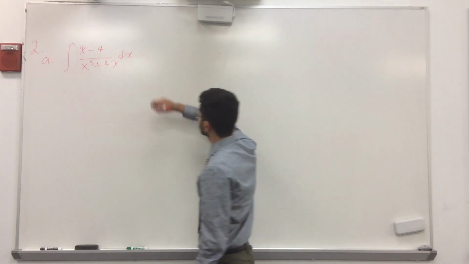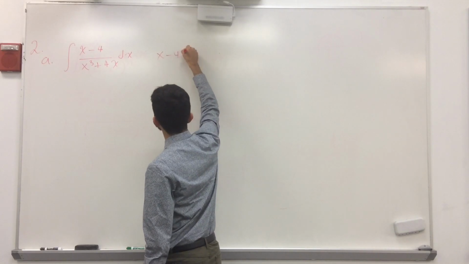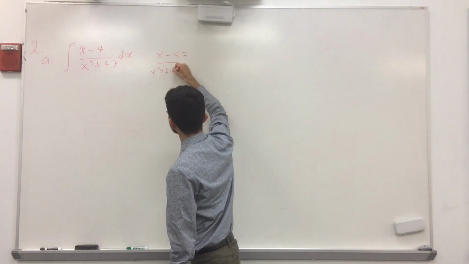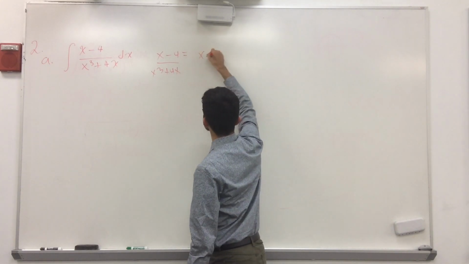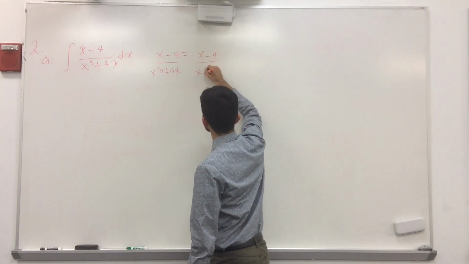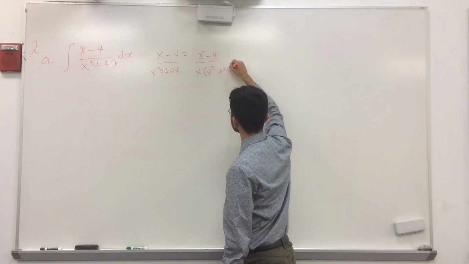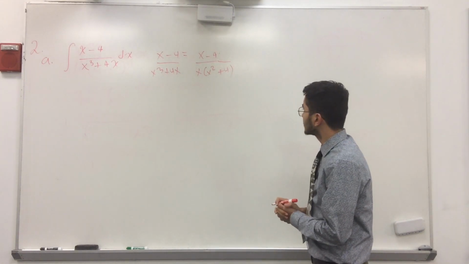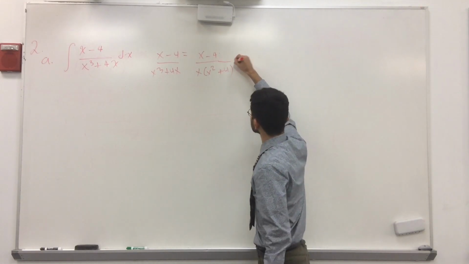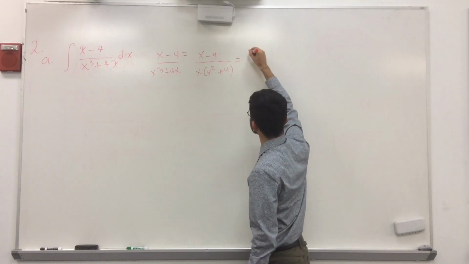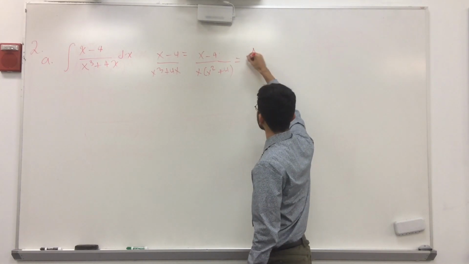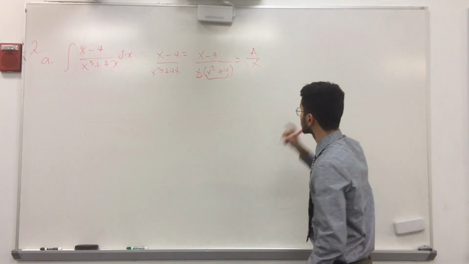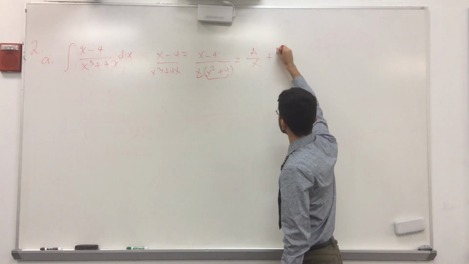So we're going to have that x minus 4, all of this divided by x cubed plus 4x, is nothing but x minus 4 divided by x times (x squared plus 4), right? We're going to factor out an x on the bottom. And then we can do some partial fraction decomposition. So we're going to let this be equal to a over x, right? We're going to split this up into two different fractions. So a over x plus bx,